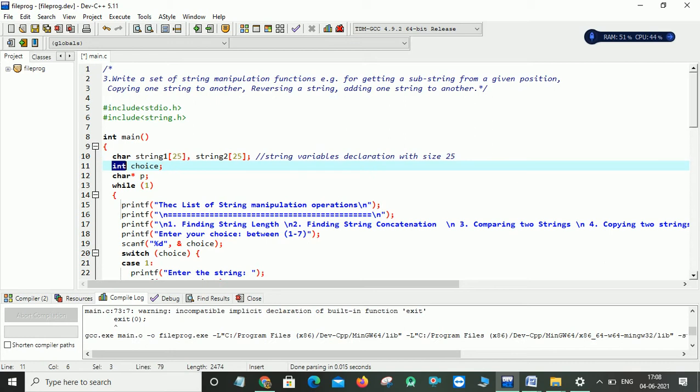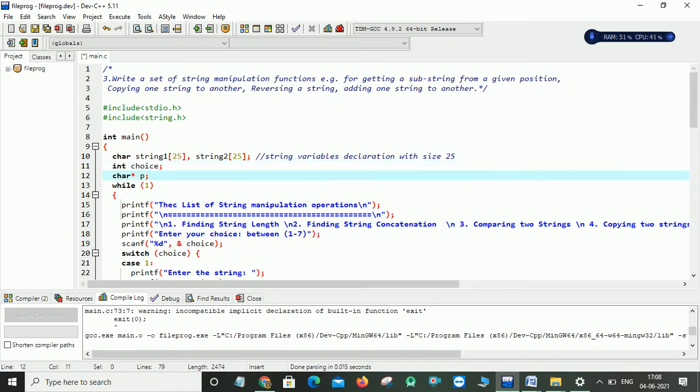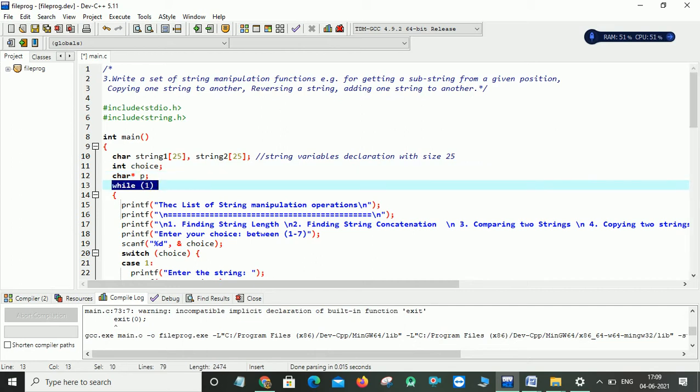Here I declare one variable, choice, with which I prompt the user to enter his interest to find any one of the string handling functions. And this is my character pointer, and my pointer name is p, which I later use in the option of extracting a string from a given string. So this is my while loop. I will run this loop until the condition fails, because I have multiple options in my menu list. So the user can give his choice until he tries to exit himself, or herself.